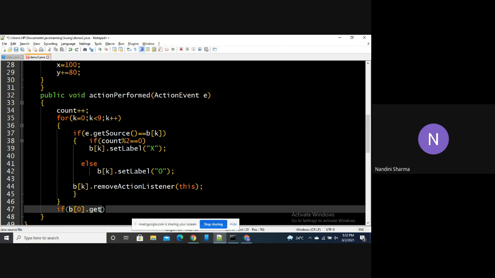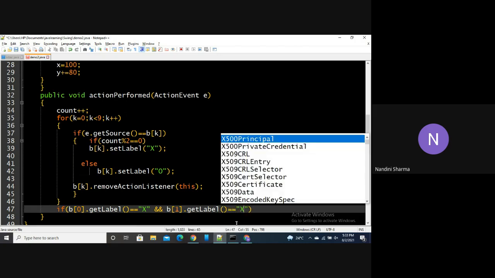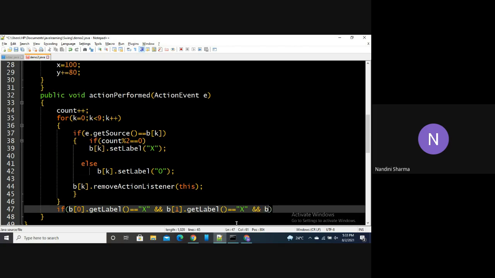Now let's say if the button at 0th index has label equals this string, which is X, and we are talking about the first row here, button at index 1 has the label as X, and button at second button has the label X. We are checking for X right now.